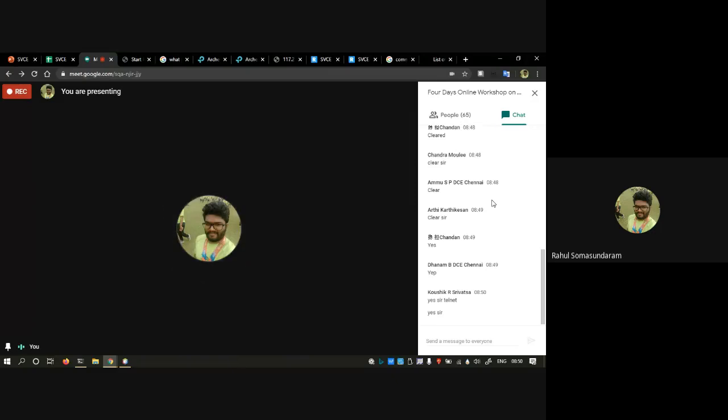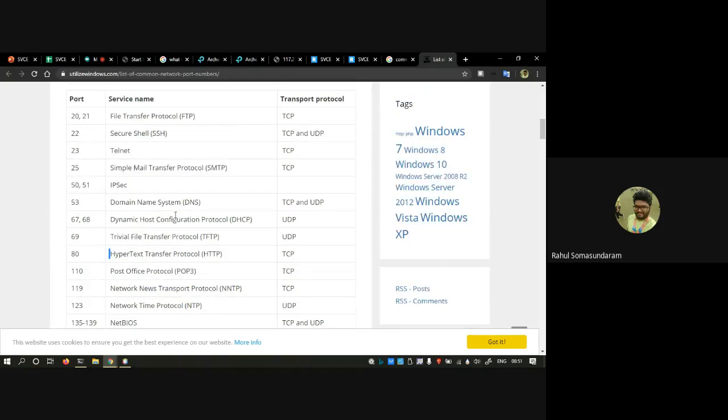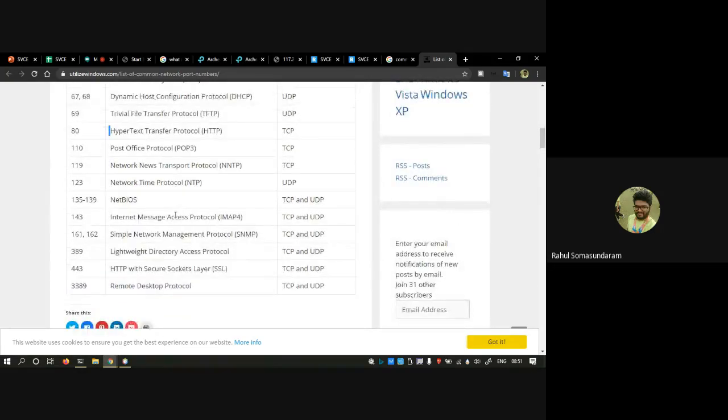Yeah, exactly. So if you type Telnet and the particular IP, port 23 will automatically be implicitly connected. You are getting it, right? So similarly for HTTP, you can see port 80 will be used. Similarly for file transfer protocol, port 20 or 21 will be used. These are the standard ports defined by ICANN.